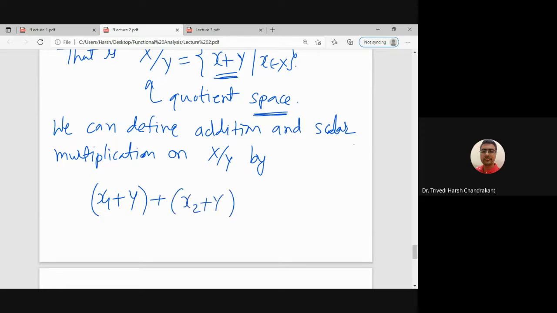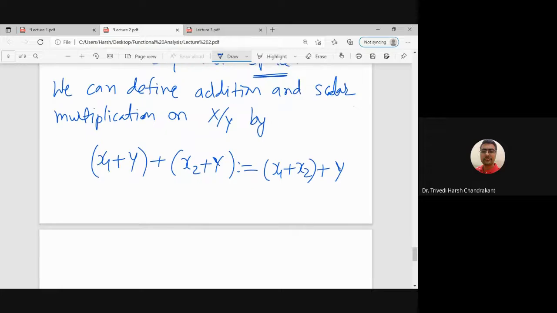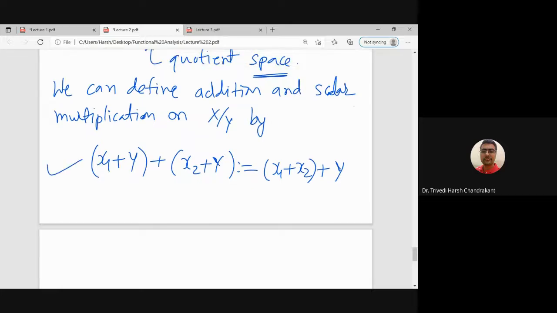So they are of this form, and if we add them, how will we define the addition? We first add x1 plus x2, and we consider the equivalence class of x1 plus x2. Right. So this operation we are defining as vector addition,